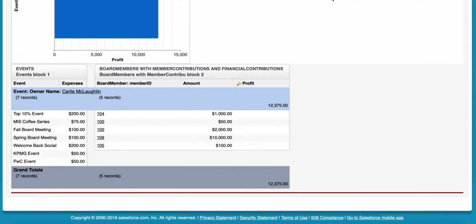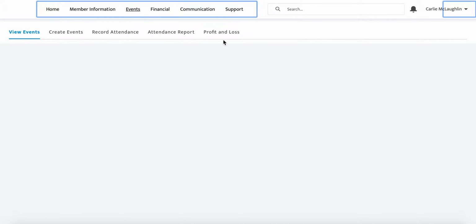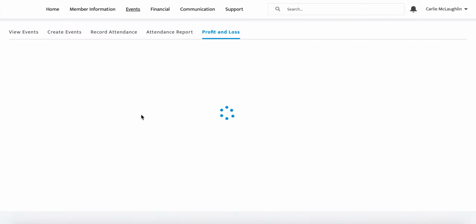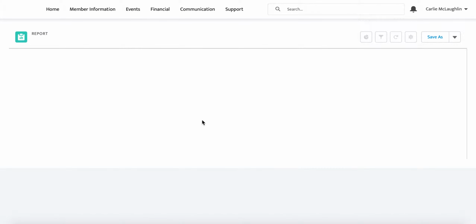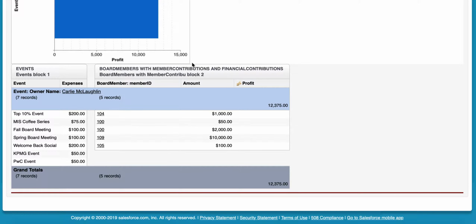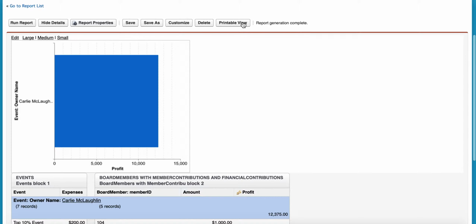And so if we go back over here, we have this subsection profit and loss, and we did try to insert it here, but if you click view report, nothing comes up and it's not able to be downloaded. So if the user does want to use this, they're going to have to go to the back end and click printable view,